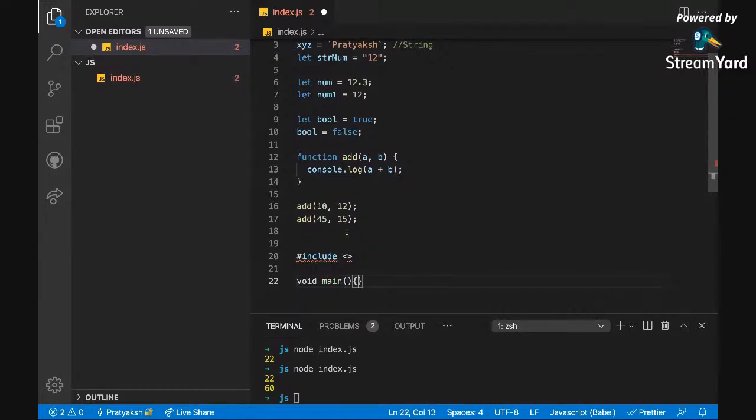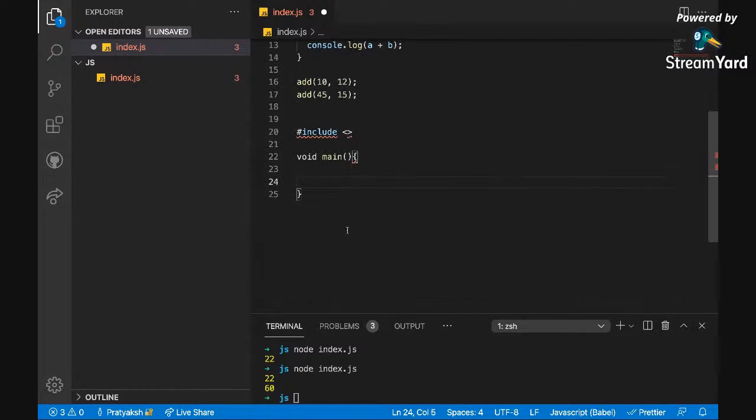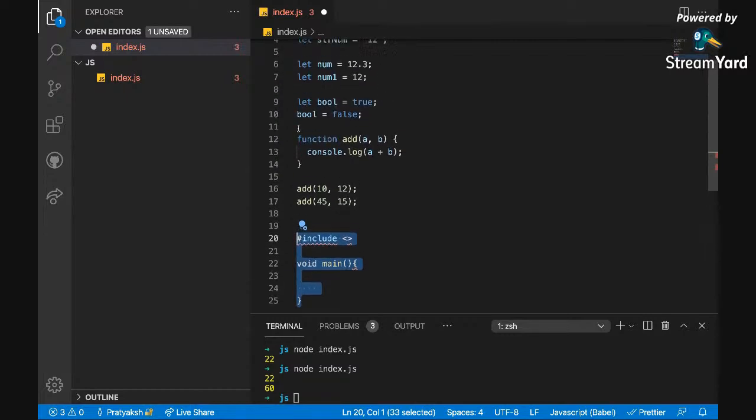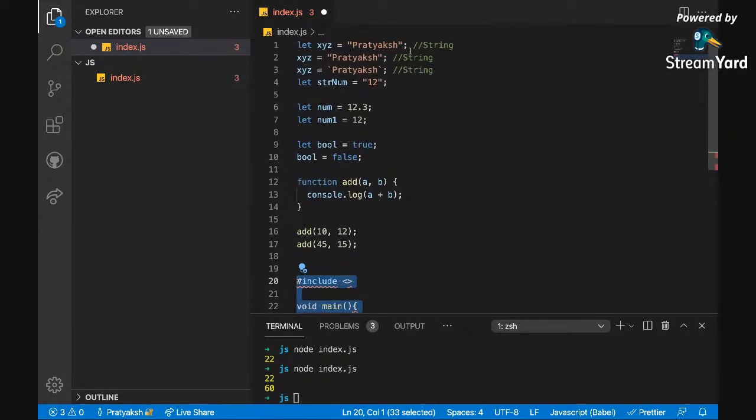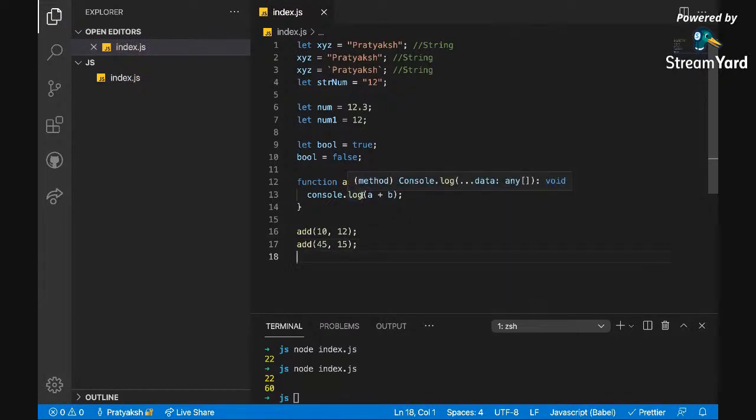This is something you have in C++. All this is not there in JavaScript. There is no boilerplate like this. It's just simple. You just declare your variable, declare your function, and start coding. This is the beauty of JavaScript. No boilerplate, nothing needed. And we are not learning C++, so not an issue.